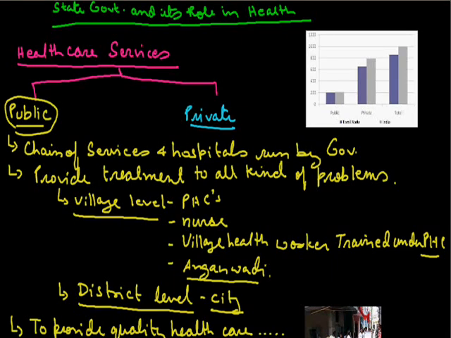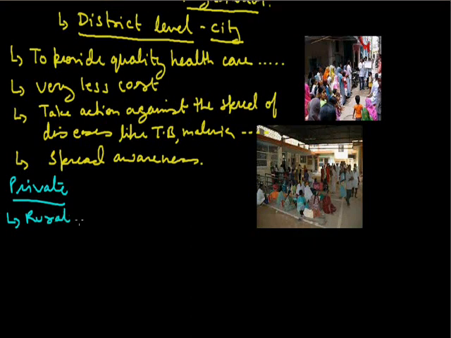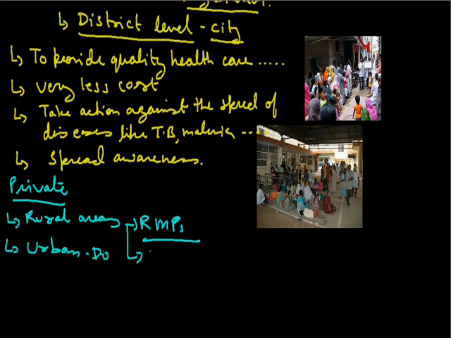Now, let us come to the private healthcare services. In rural areas, the registered medical practitioners, the practitioners who are sanctioned by the government, are running their own private business. They are actually not interested in rural areas. Basically, they prefer urban areas. Doctors, specialists, many hospitals, nursing homes, laboratories, pharmaceutical shops, etc. all come under private health facilities.